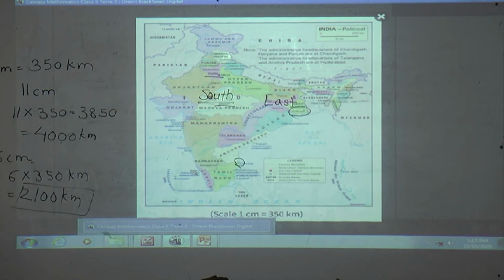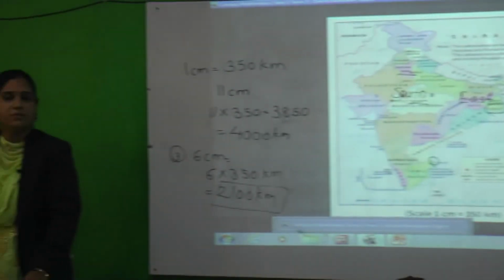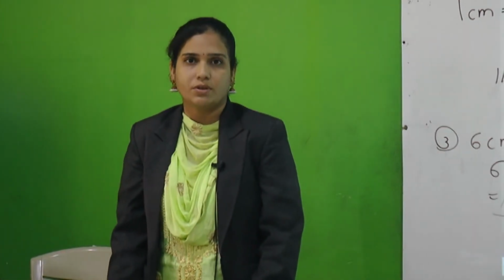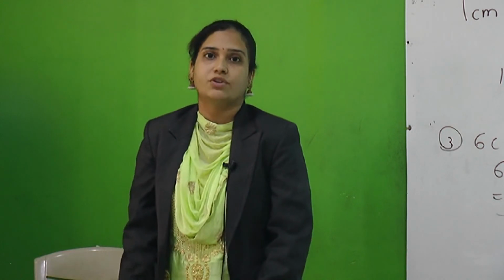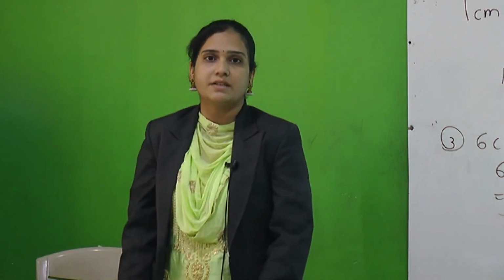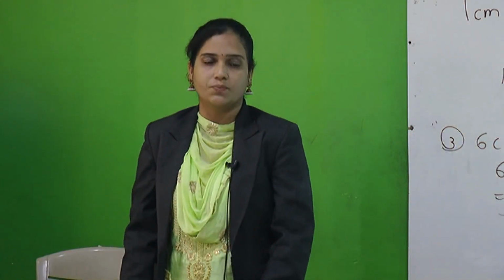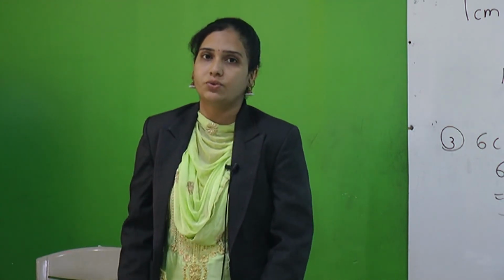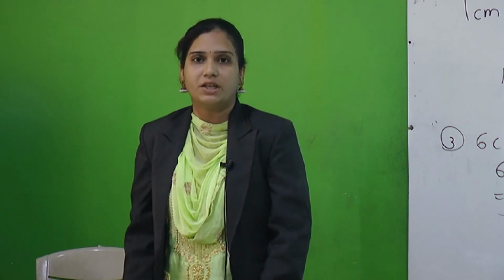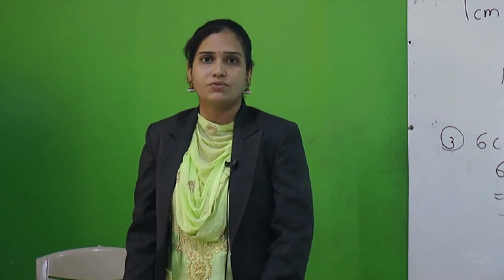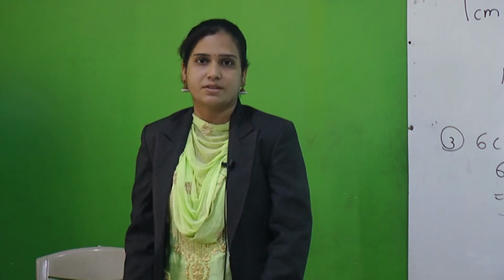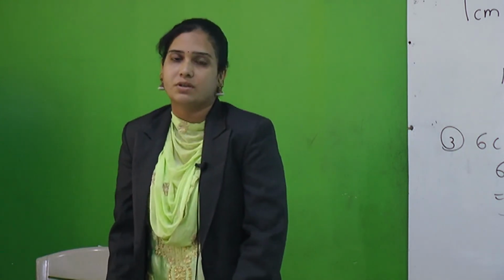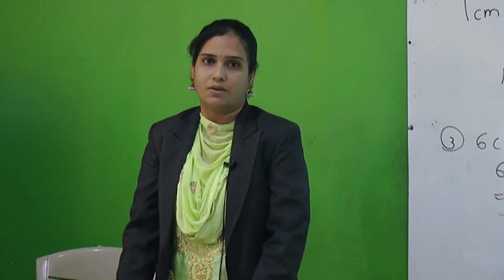So students, today we have completed our lesson number 6. All of you understood what is meant by symmetry, patterns, nets, and how to read the map also. So students, on page number 202 they have given the map of India. You can use it for solving the questions and answers. Now students, in the next session we will start our new lesson, algebra. Thank you.